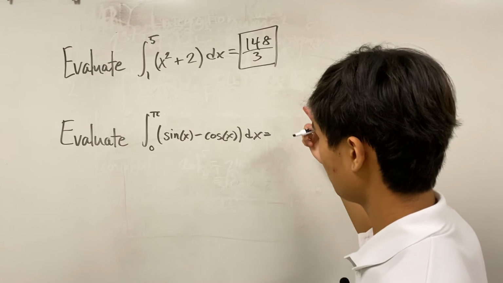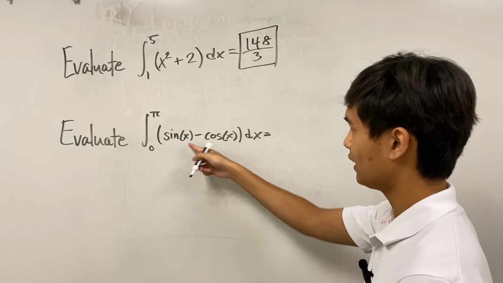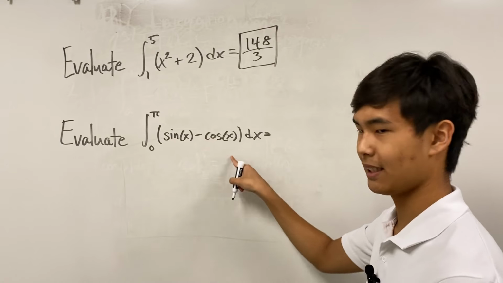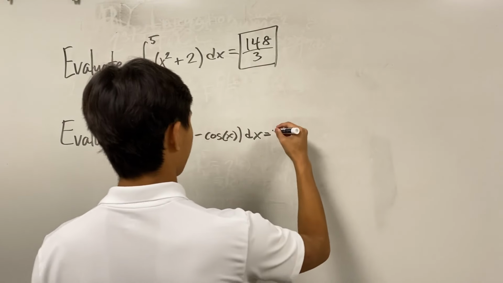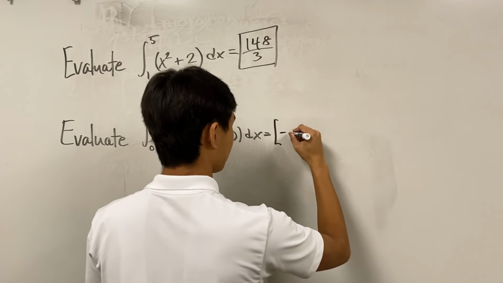Okay, now for the second example. Like in the first problem, we're going to go ahead and find the antiderivative. Now, I'm going to keep this one together just to save space, but know that I'm evaluating this one at a time. So the integral of sine is negative cosine,